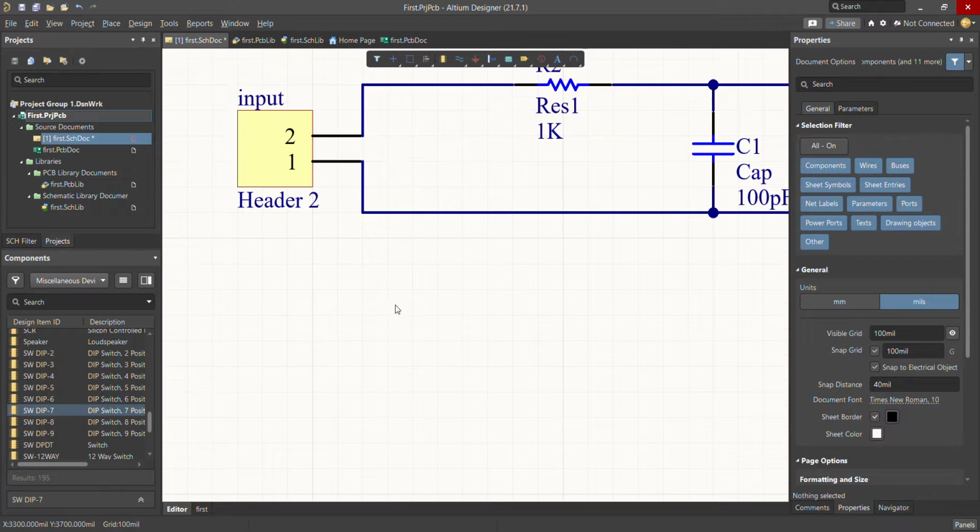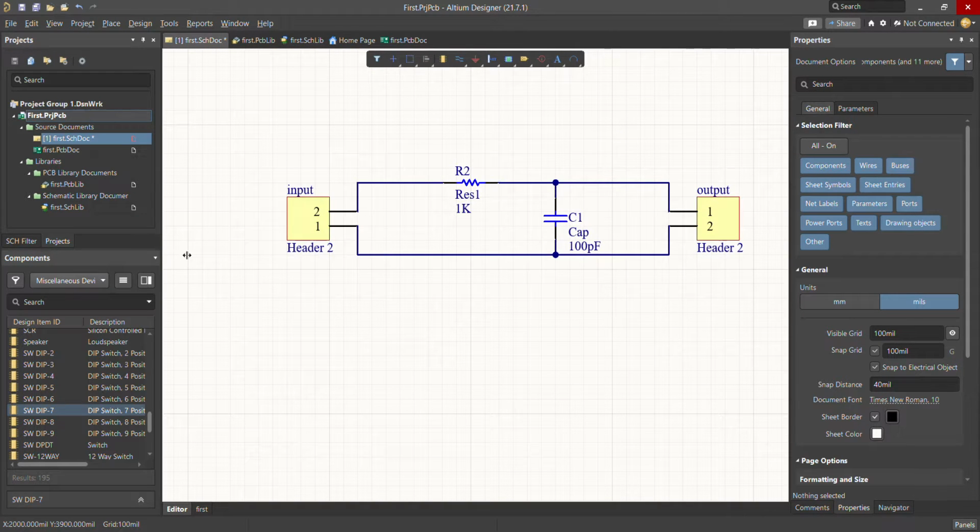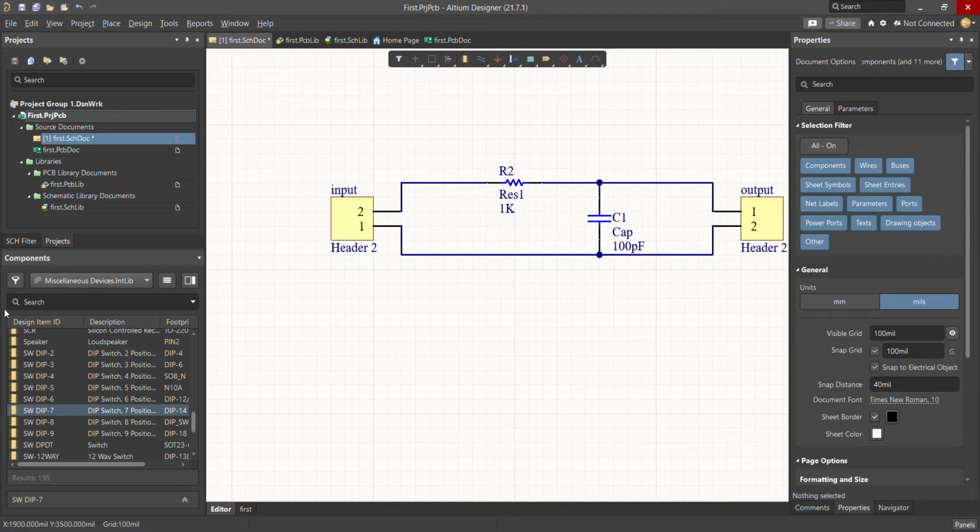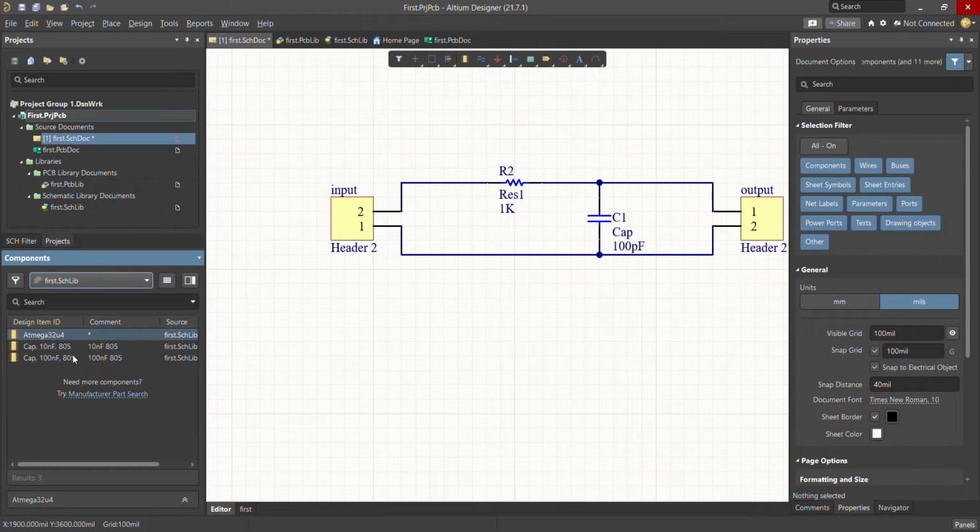To be able to use the components that we just made, all you have to do is, wherever you would choose the components, if you don't have this list open, you can just go to the place part and the list should open again. From the list of the options, we can refresh the list, and that should add the library for us automatically. So we are just going to click that, and as you can see, now the components that we made are here. So now when we want to place a 100 nanofarad capacitor, we are just going to choose this one,